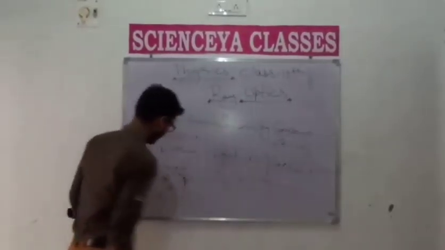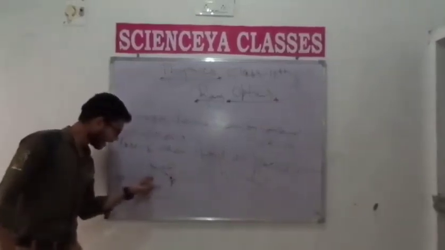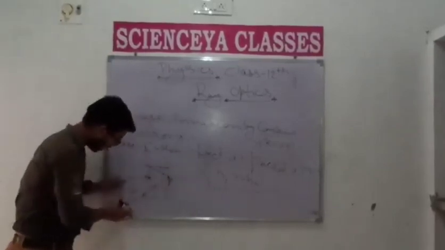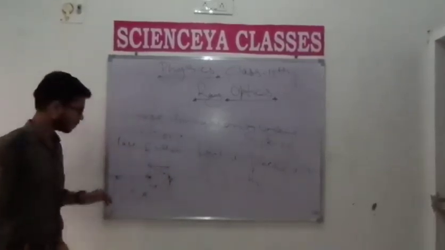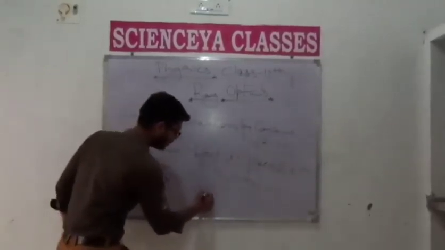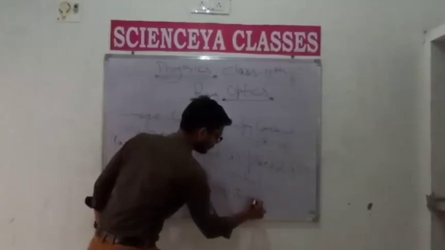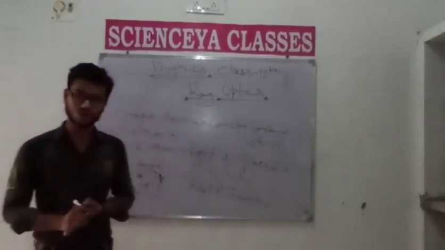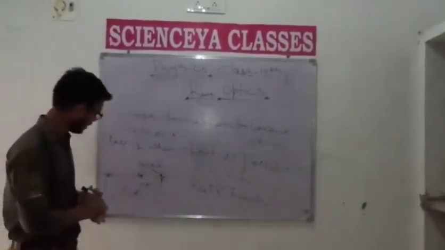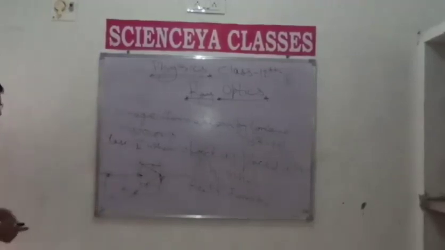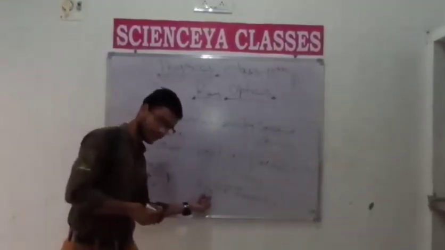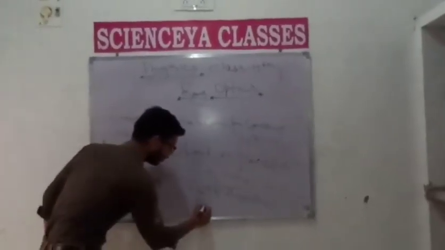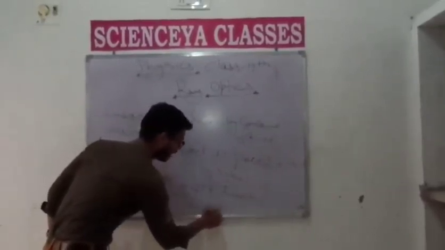Because student, I again repeat my same sentence: as we bring the object nearer and nearer to the surface of the concave mirror, the height of the image increases gradually. And student, here the same thing, the image is real and inverted. Student, you say to me how we decide that the image is inverted? Because we observed practically that the rays meet at a certain point, and at that point the image must be real and inverted. And simply the linear magnification HI upon HO is also a negative quantity.